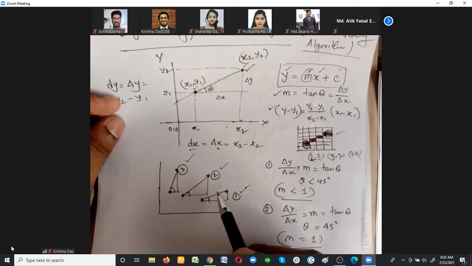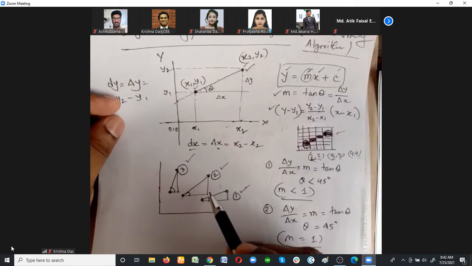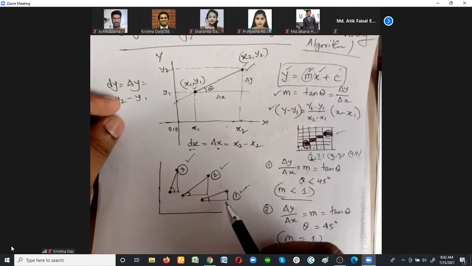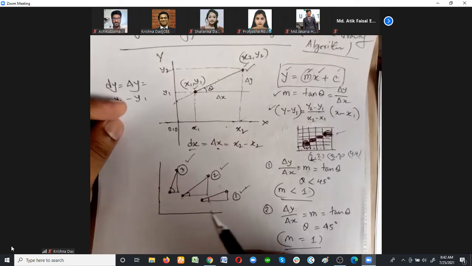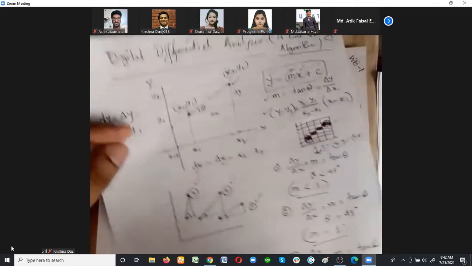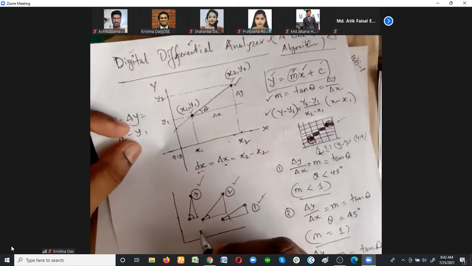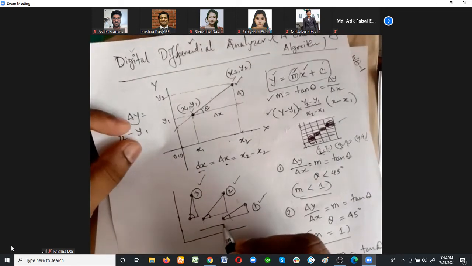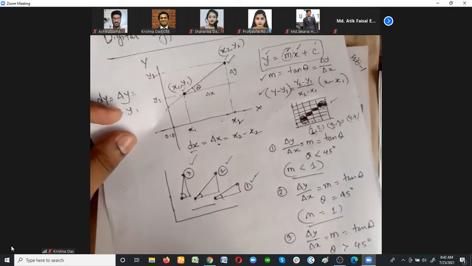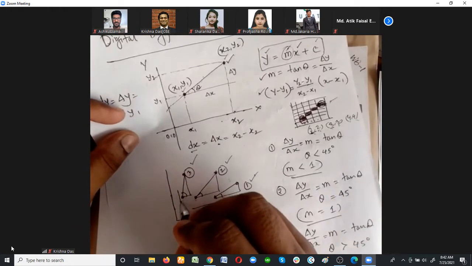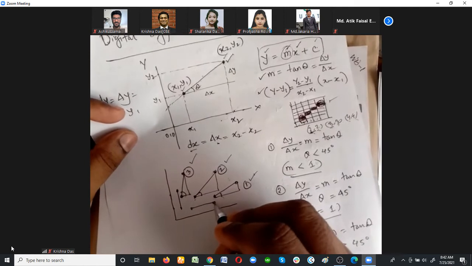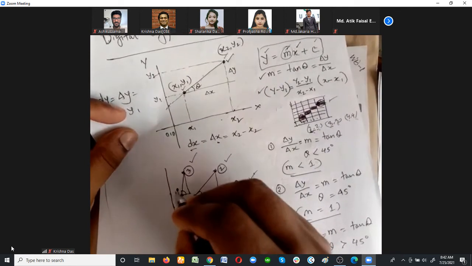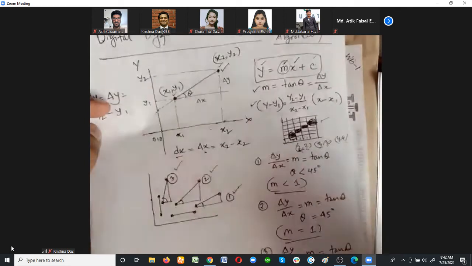That means the slope can be equal to 1, less than 1, or greater than 1. So 3 possible scenarios. But for the other 2, the line can be parallel to the x-axis, or parallel to the y-axis. That is also a possibility, so we'll check that as well when we apply the DDA